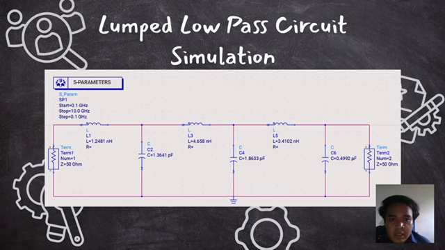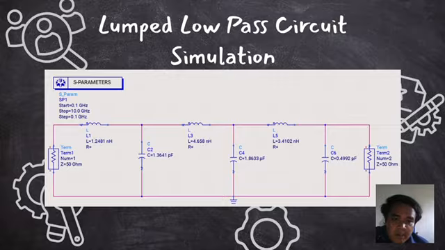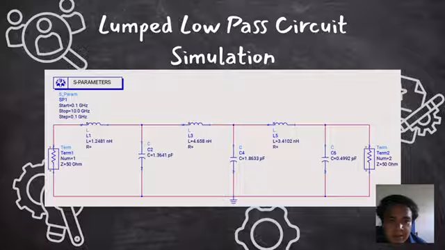Okay, we move to the lumped low-pass circuit simulation. With our exact component values calculated, we migrated the circuit into Advanced Design System, ADS, to perform an S-parameter linear simulation. This slide displays our actual schematic capture inside ADS. The simulation setup is configured as a 2-port network connected to 50 ohm termination ports. We swept the frequency range from 0.1 GHz up to 10 GHz with a precise step size of 0.1 GHz to capture both the passband and stopband behavior with high resolution.